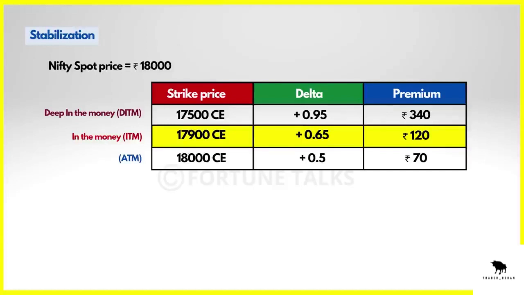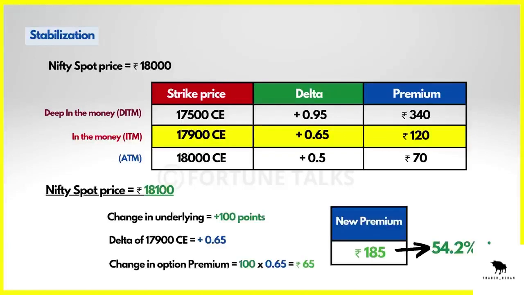Now if the underlying changes by 100 points, that is Nifty moves to 18,100, then how do you think the two options will behave? To figure that out, the change in premium for 17,900 call option will be equal to 100 multiplied by 0.65, which is equal to 65 rupees. So the new premium will be equal to rupees 120 plus 65, which is equal to 185, which is a